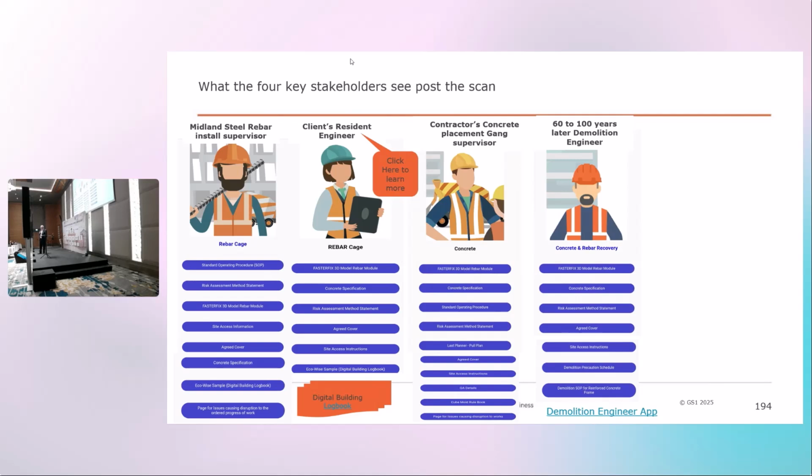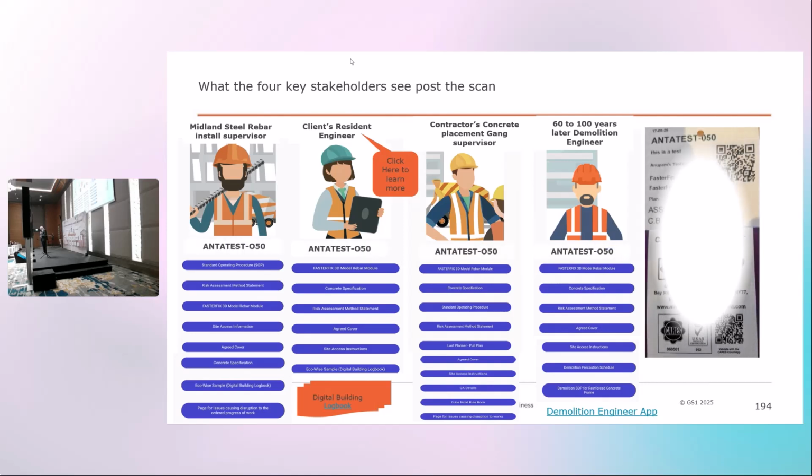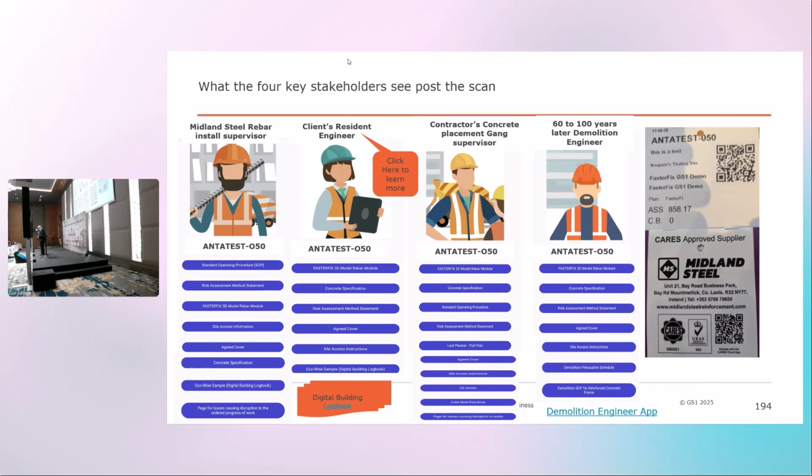Horses for courses, if you don't mind. That's an Irish saying. I'm not sure if it's used all over Europe, but horses for courses. And then as you can see here, then we have this. Now, I mentioned earlier about F-Trace. What you have on the right-hand side is a solution called CARS. You can actually trace back the rebar right back to the mill. And take it one step further, you can take it right back to where the raw material used in that mill came from, in case there's any contamination.